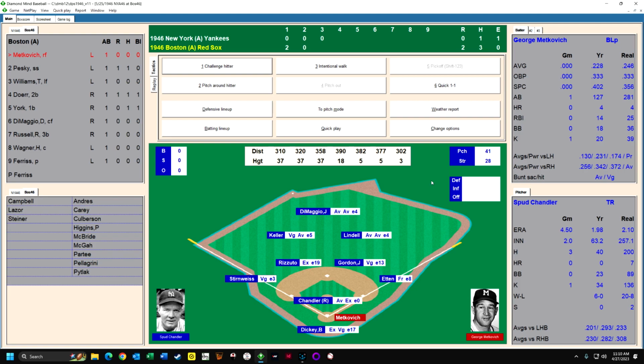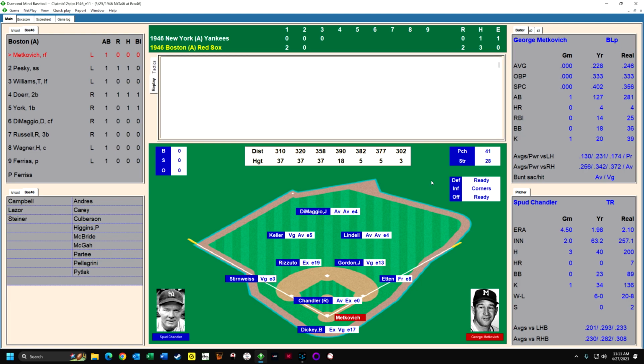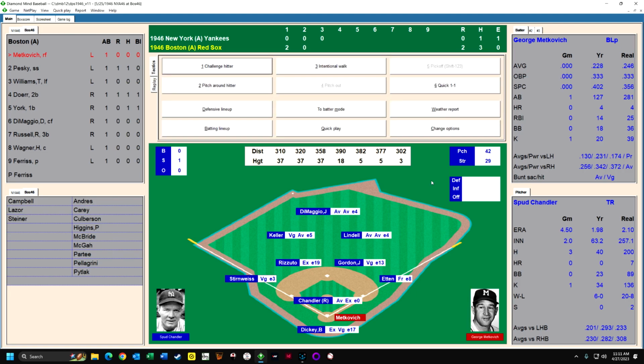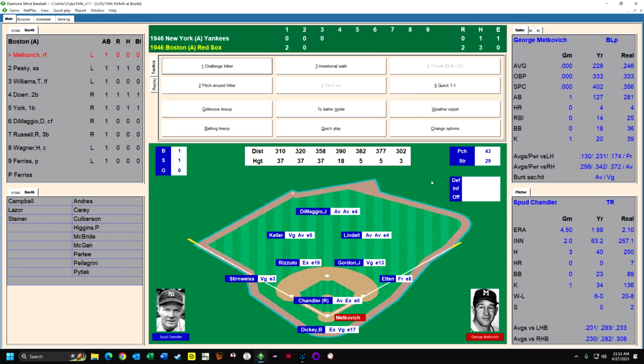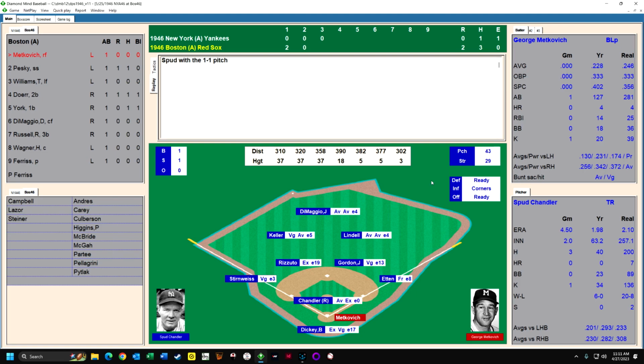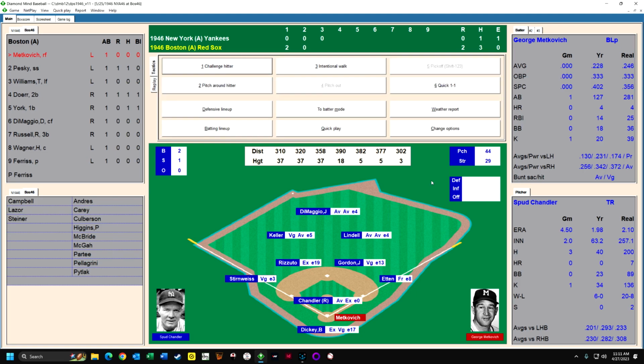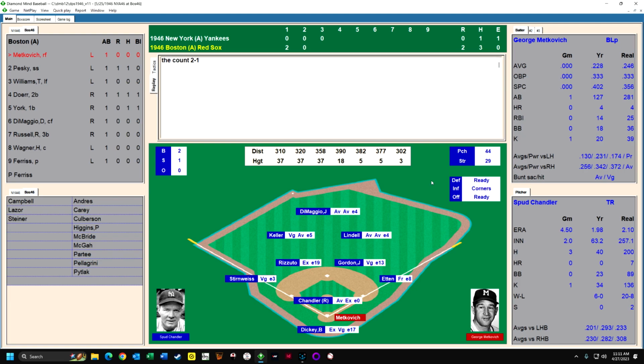Now Chandler faces Metkovich again. So now I'm going to switch. I'm going to press M, switch to batter mode, and I'm going to press 1-3, 1, and then 3 to have him be on the corners. Metkovich, strike 1, 1-3 again. That'll have the first and second baseman come in. There's a ball. 1-3. You can do the whole game if you want, pitch by pitch. Now it's a 2-1 count. 1-3 again, and